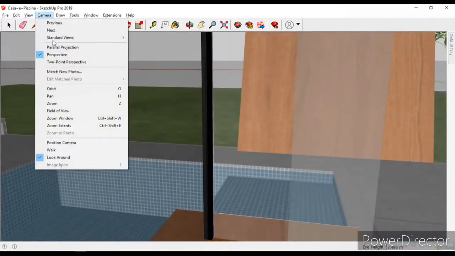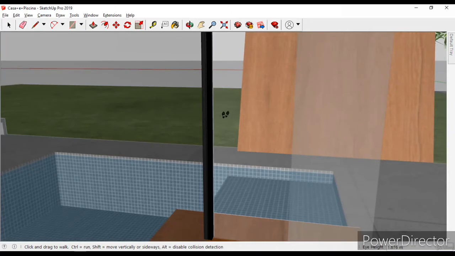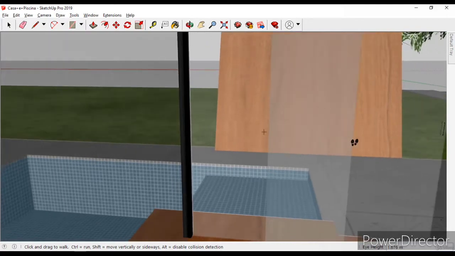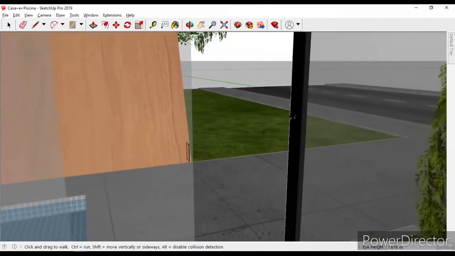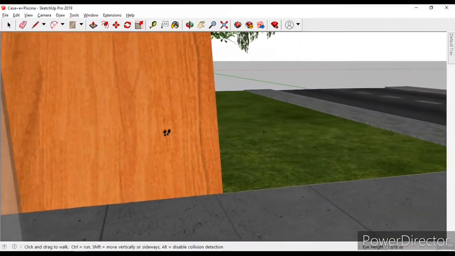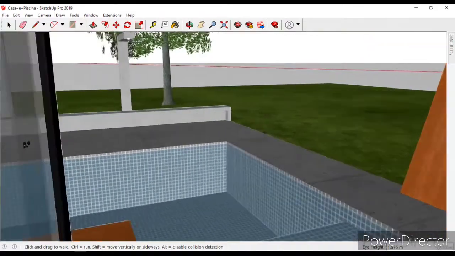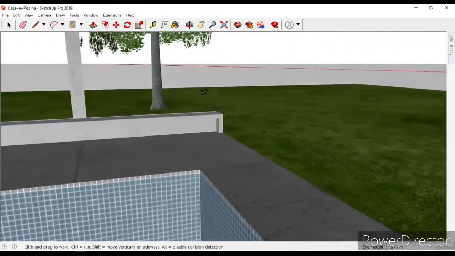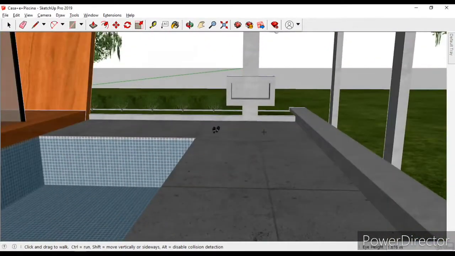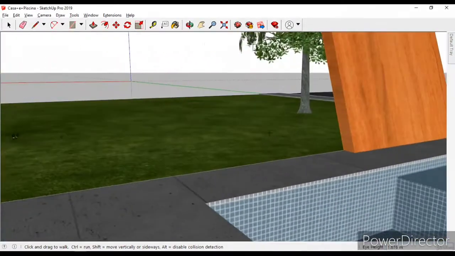Along with that, we have another option to walk. When we click walk, look, our cursor changes to a walk icon, and it helps us to walk around with a certain height. So I can just left click and give the direction to our camera. It helps us to just walk around this particular place. Just move it a little forward, the camera speed will increase, and just look around.